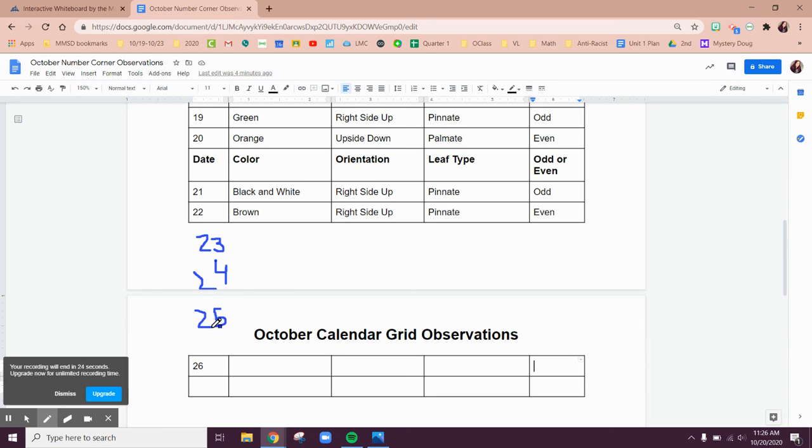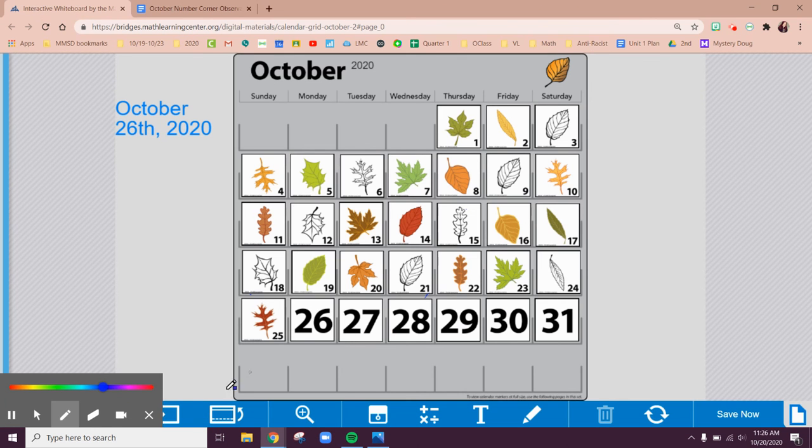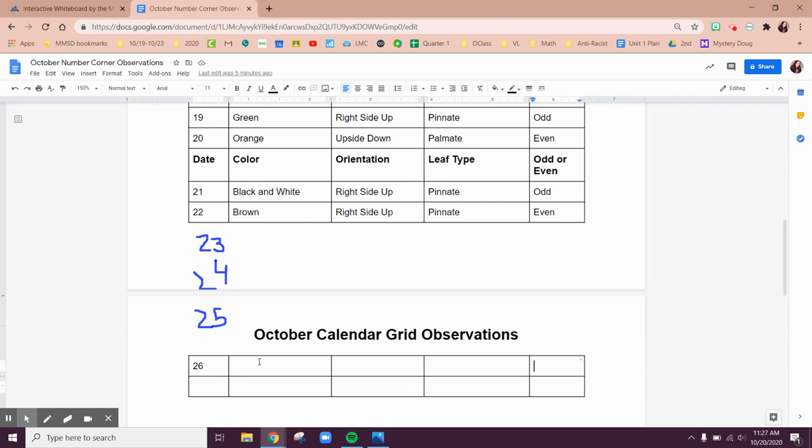So we don't have much time left in my video, so I'm actually going to flip our leaf for the 26th and write our observations. Beautiful leaf. Beautiful. So I'm going to write that it is a yellow leaf, that it is right side up. Actually, I think it's a palmate leaf, which might throw